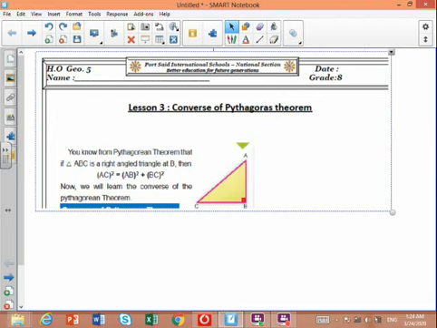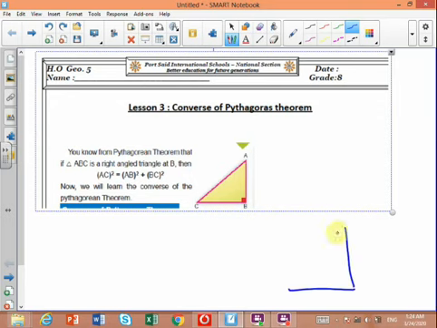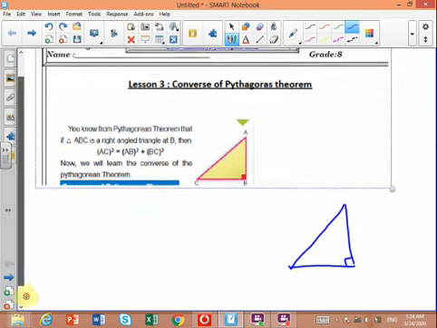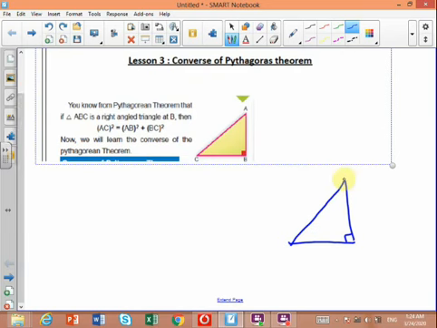We took Pythagoras theorem before and revised it a lot in class, but let's revise it once more here. Pythagoras theorem deals with right angle triangles only. If I have a right angled triangle, the Pythagoras theorem says that the area of the square on the longest side, which is the hypotenuse, the side opposite to 90 degrees,